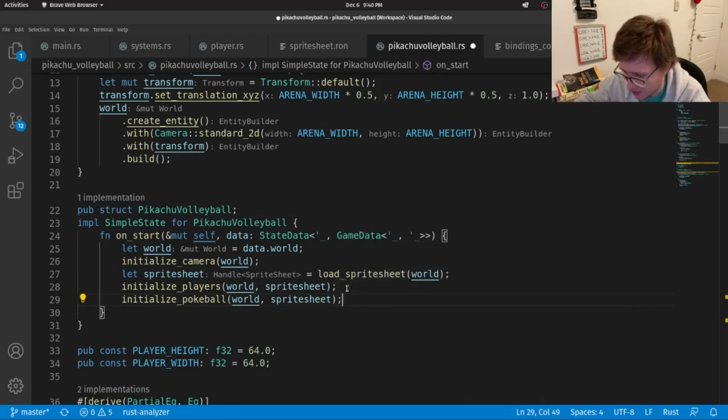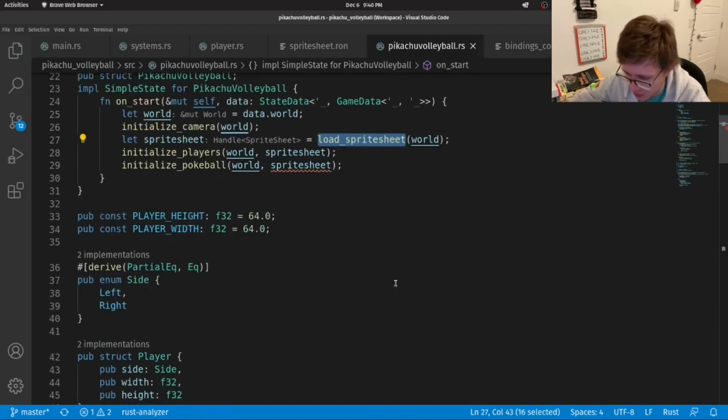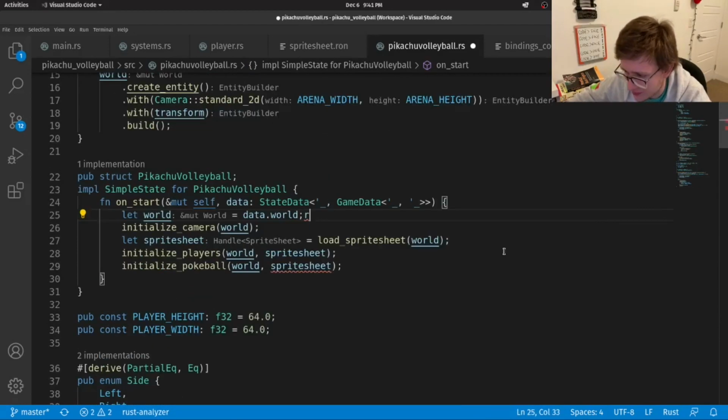Right, it's just the same sprite sheet, right? The sprite sheet's always the same, just position is different. And in here we just have to do a dot clone. Again, this is really no issue because it's just the handle to the sprite sheet, right? And this should work just fine.